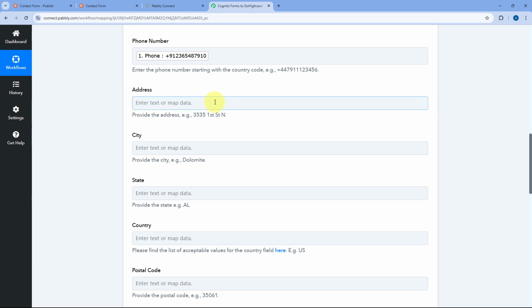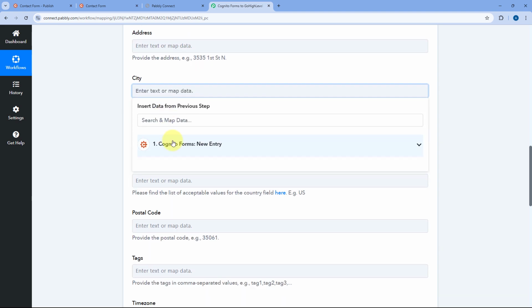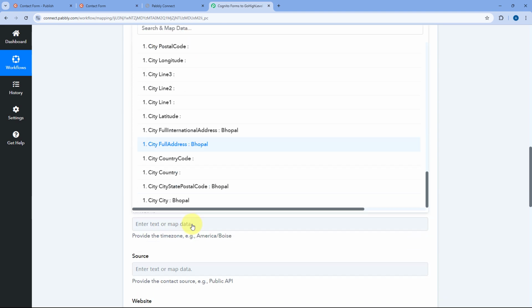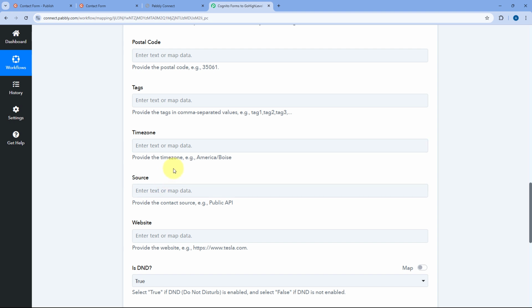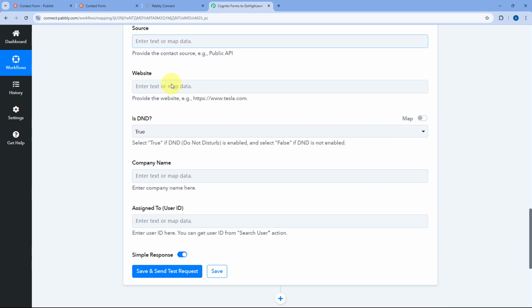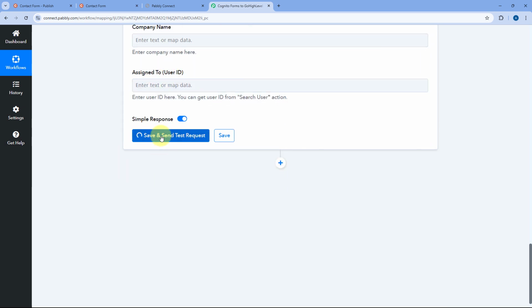Then we don't have the address of the person received from form response. So we are just going to keep this field as blank, but we have received the response of city. So from the drop down, we are going to select the response of city and map it. Then we don't have state, country, postal code, and all of these details. And these details are also not mandatory, are not required. So what we can do, we can just ignore these fields for now and scroll down and click on save